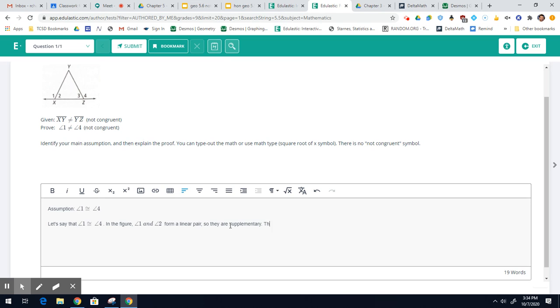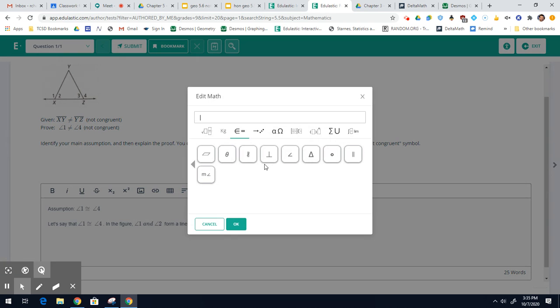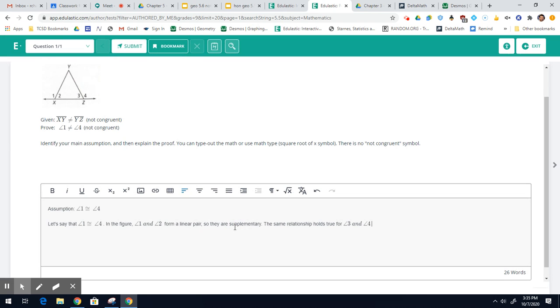Okay. The same relationship holds true for angle 3 and angle 4. Again, they're a linear pair by the linear pair postulate. Therefore, or we'll say since,